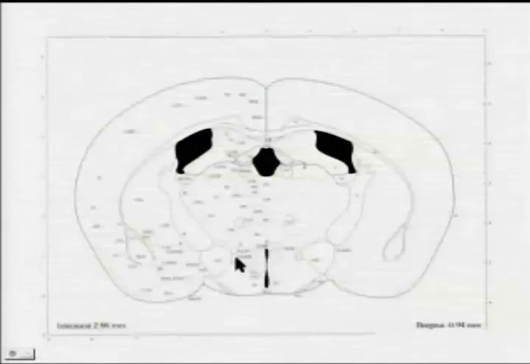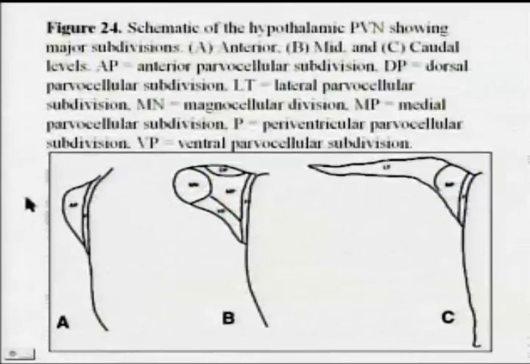I just want to draw your attention to the fornix because it's a key landmark that would be located off here, just lateral to the hypothalamic paraventricular nucleus. So there's an anterior parvicellular nucleus. And then as we get to the middle level of the paraventricular nucleus, again moving from front to back, rostral to caudal, we see at this level is the magnocellular nucleus